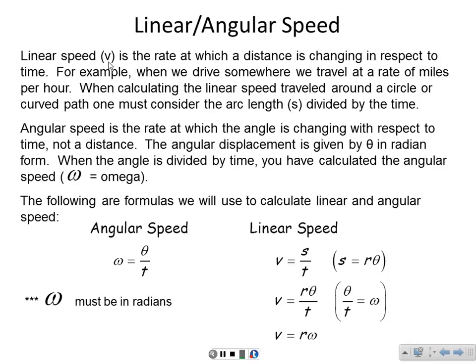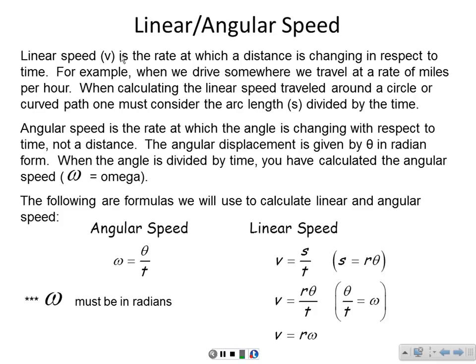When you see the variable v, we are talking about linear speed, which is the rate at which a distance is changing with respect to time. So, it's distance per time. For example, when we drive somewhere, we travel at a rate of miles per hour. Linear has a root word line, so a straight line, theoretically. When calculating the linear speed traveled around a circle or curved path, one must consider the arc length, s, divided